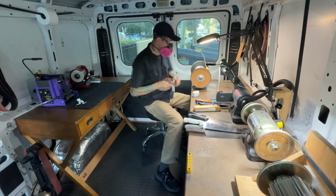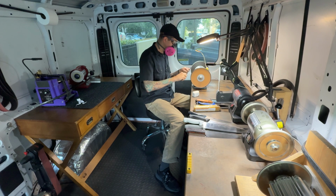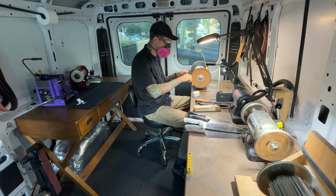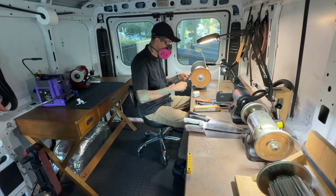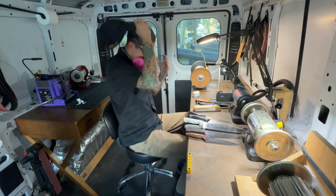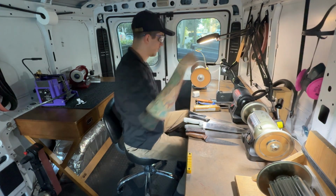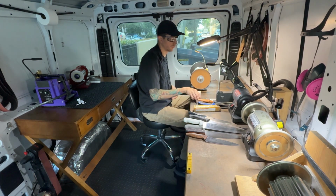So you can see we're moving through them pretty quickly, back and forth on the nylon wheel, compound on the leather wheel, back and forth, and then once on each side, and that should be about it. Yeah, just checking with the light, making sure I don't see any burr there. At this point, I'm comfortable taking off my respirator because I'm not producing